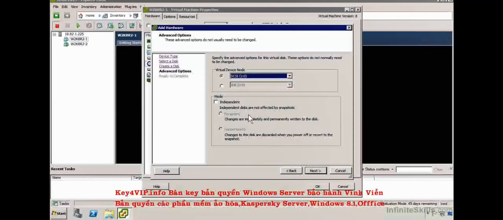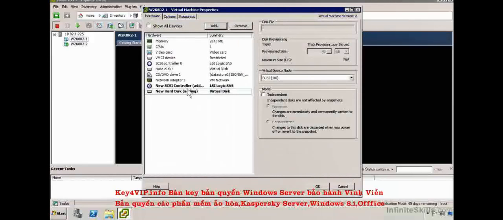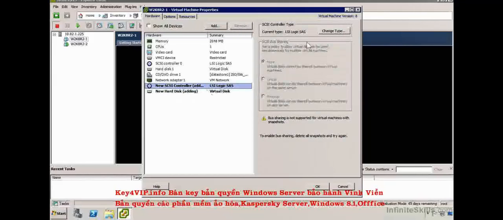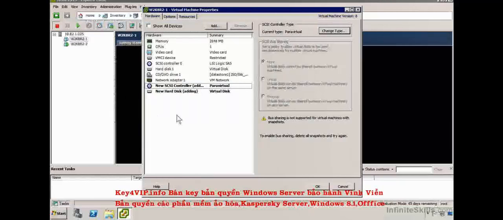And each of the SCSI adapters can support up to 15 devices because there's 15 IDs available, and we can have as many as 4 SCSI adapters in the same virtual machine. So 60 virtual drives. By choosing SCSI 1 in this case, now it's going to add a new SCSI adapter for me, and you'll see that in bold, it's adding a new hard drive and also adding a new SCSI controller. If I change the type to VMware Paravirtual, I'll be using the PVSCSI driver, which I need VMware tools installed for,